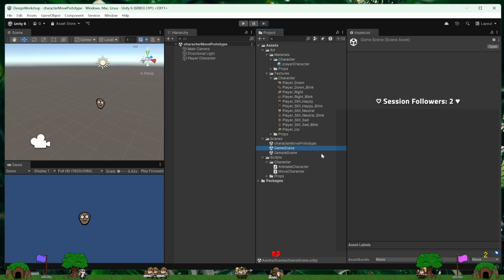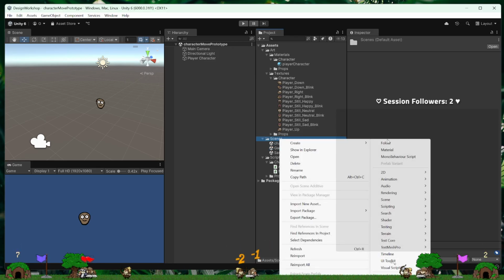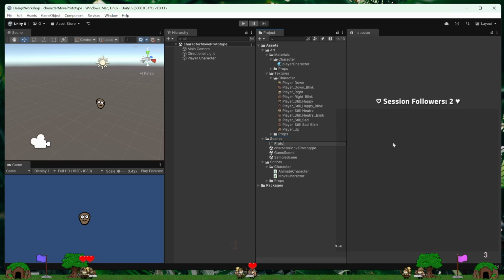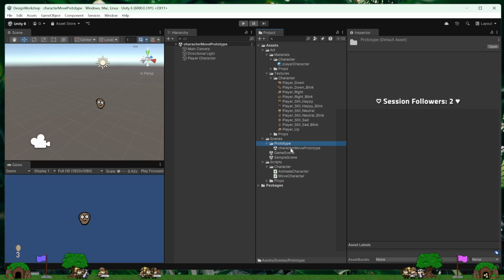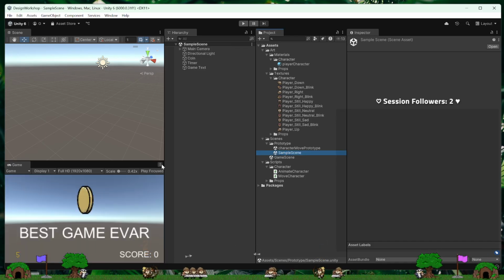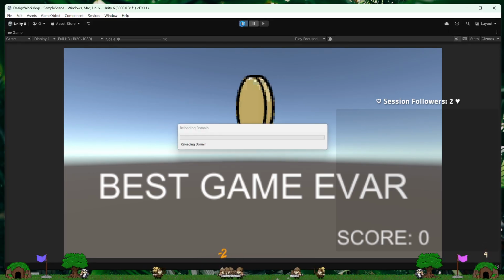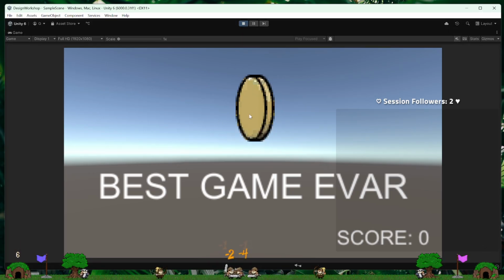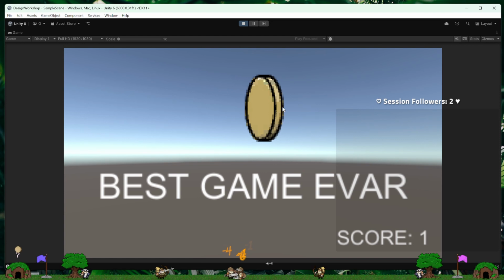Later, I think we should have a game scene. Absolutely. There's nothing wrong with this being the game scene, this being the prototype scene. But I did want to point out that it would be smart for us to have a set of scenes that are meant to be prototype scenes. If we keep them separate like this, in fact, this sample scene would also be a prototype scene. This is where our coin was, remember? Where we were doing just some mechanics and testing, frankly. We were throwing together mechanics so we could do pixel art animation, and we could move around, and we could test these things, yeah?